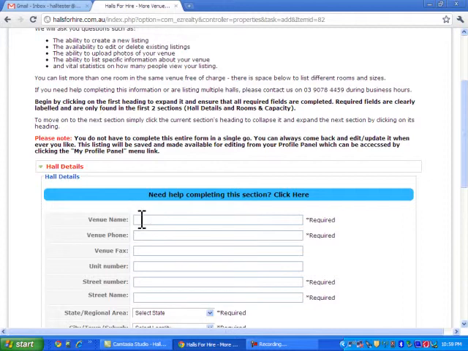This is no doubt the most important of all the sections. It's a place for all your venue information, a place for people to be able to get your contact details. So write down your hall's name. Let's just call it Hall X. The venue telephone number,